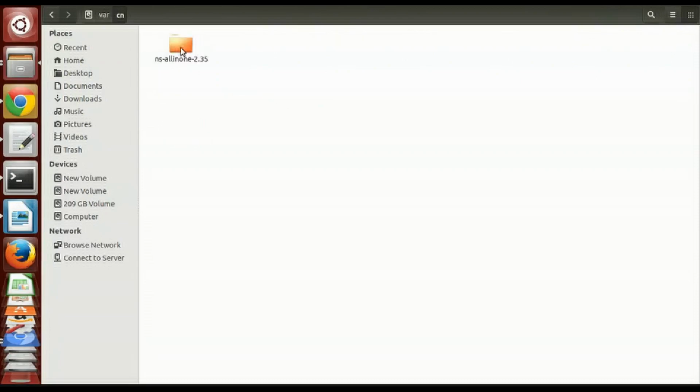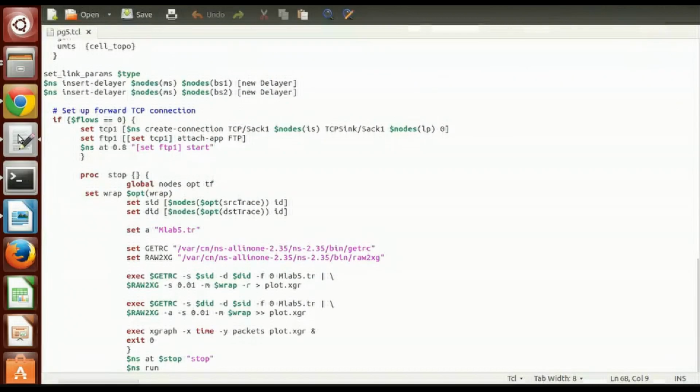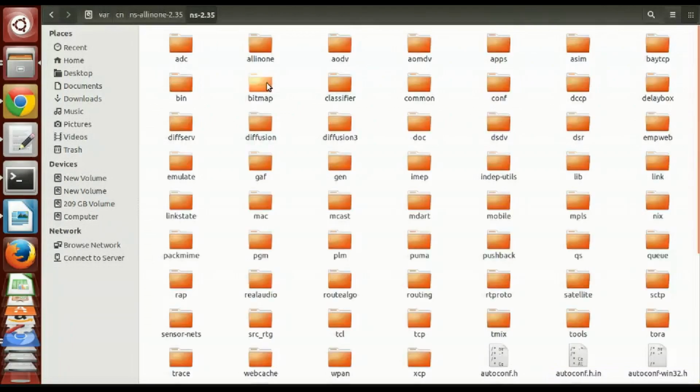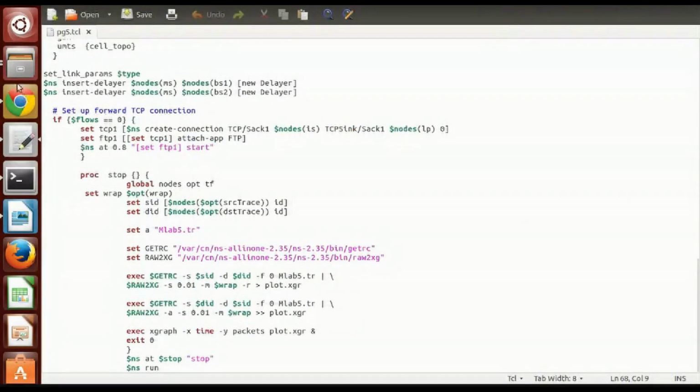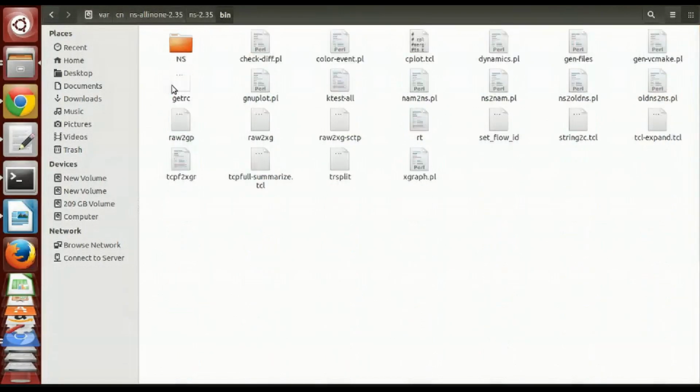Okay, next var, cn, and then ns-allinone, and then ns-2.35, whatever version of ns you have. Next, what was that? bin, right? Search for bin. Yeah, so here you have the getrc file, and here you have raw2xg.